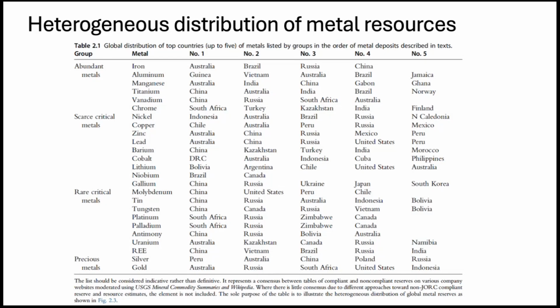But it says it's based on reserves, right? So reserves, and these are reserves on company websites. So it's not really telling you what's in the ground. It's basically telling you where people have found it and have made the calculation. Yeah, so there's an economic underpinning to that. Because what's the difference between compliant and non-compliant reserves?